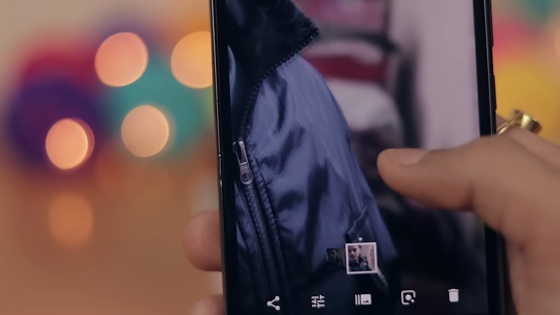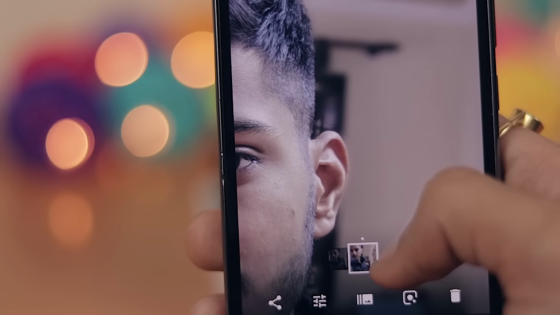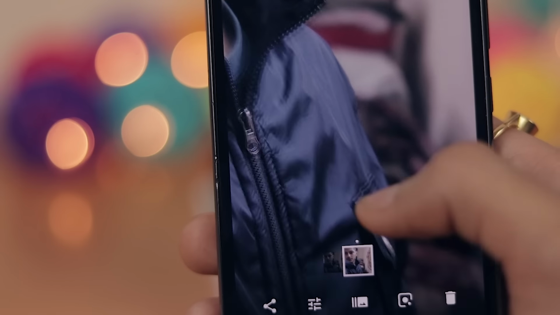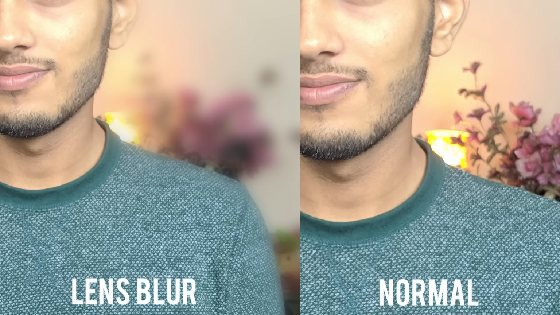Now we actually know that you can create the portrait mode effect using just a single camera setup, and in some time when this application gets ported to a lot more devices, we'll all be able to use the simple portrait mode that we see on the high-end devices, and we'll all be able to enjoy it. Here are some photos for comparison between the lens blur mode, the portrait mode, and the normal photos that you can take.